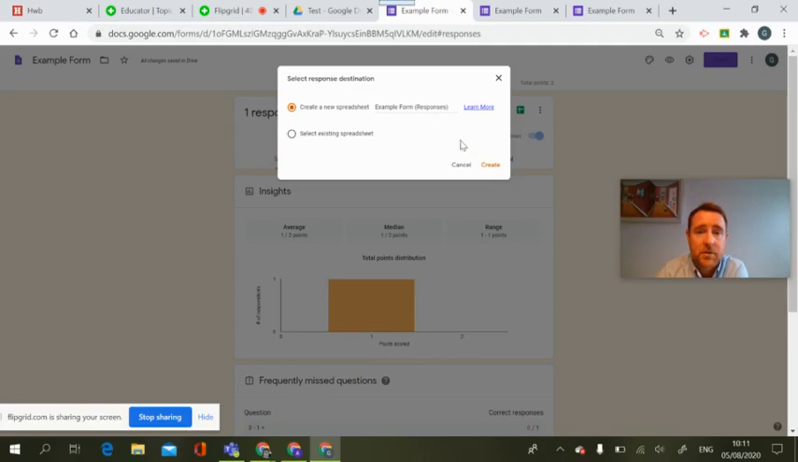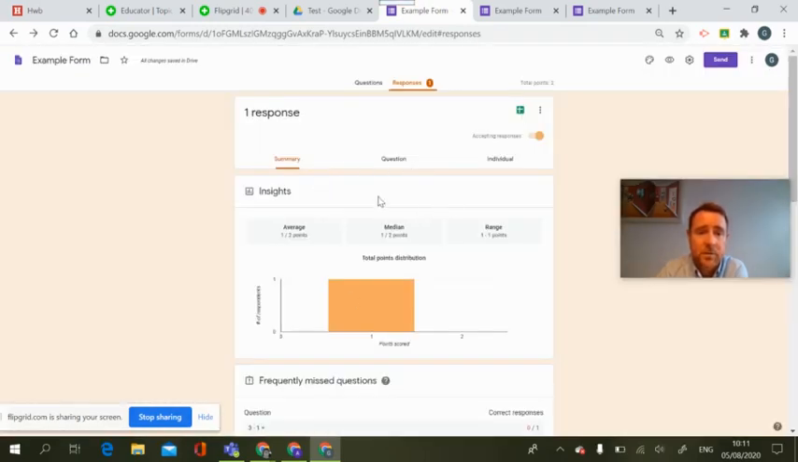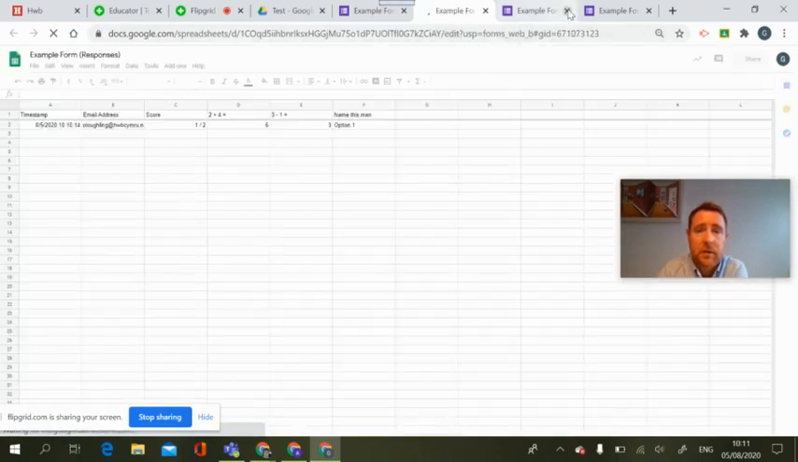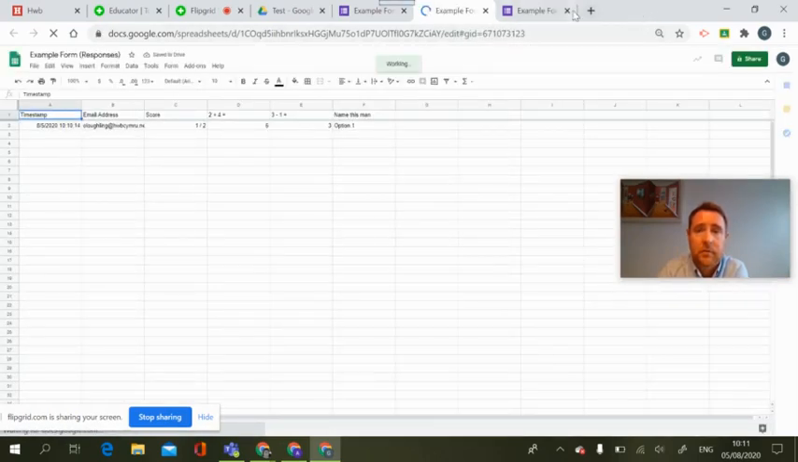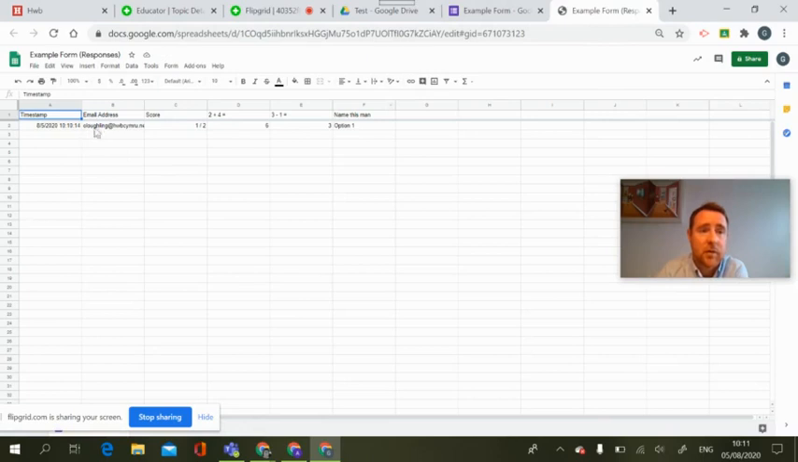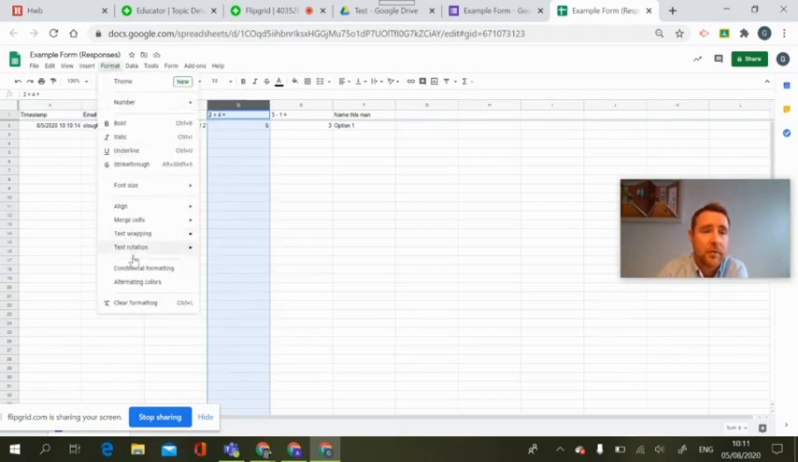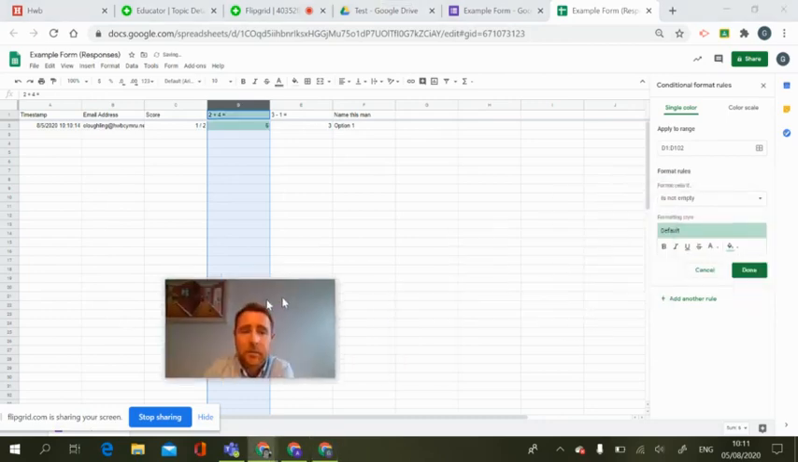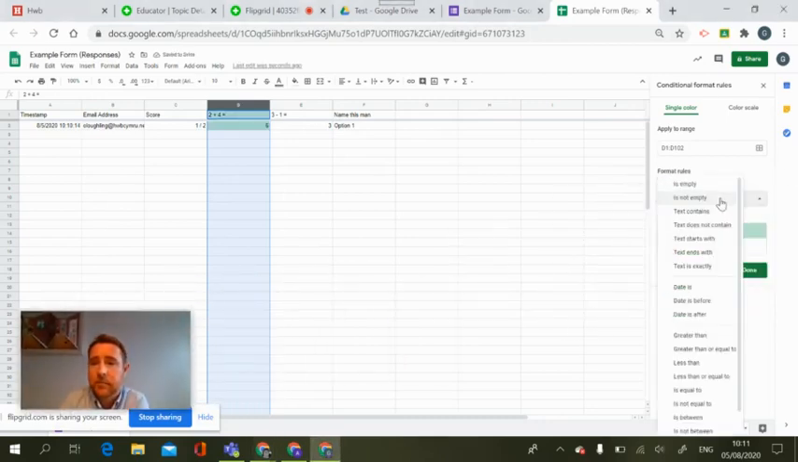So create a new spreadsheet, then transfers all the information that's been created, and it will give you a spreadsheet of all of those. So what I'm able to do then is use that conditional formatting and see who got which questions correct. So I can put in conditional formatting, anybody who answered